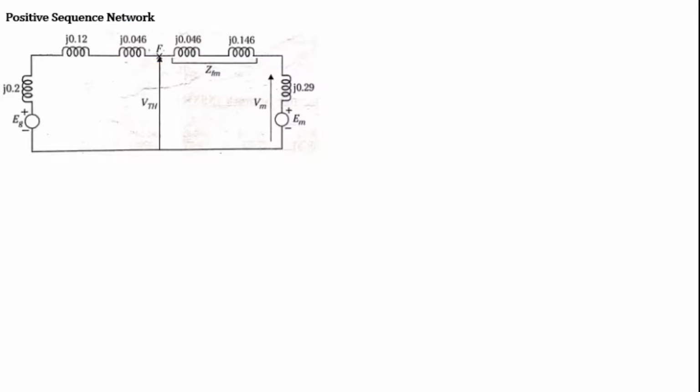So where is the fault? This is at the fault F, middle of the transmission line. So hence what will happen? The total reactance for the transmission line is going to be divided by 2. Okay, so this is 0.046, this is 0.06 for the transmission line, then for the transformer T2, and this is the expression for the motor, that is reactance and source of EMF.